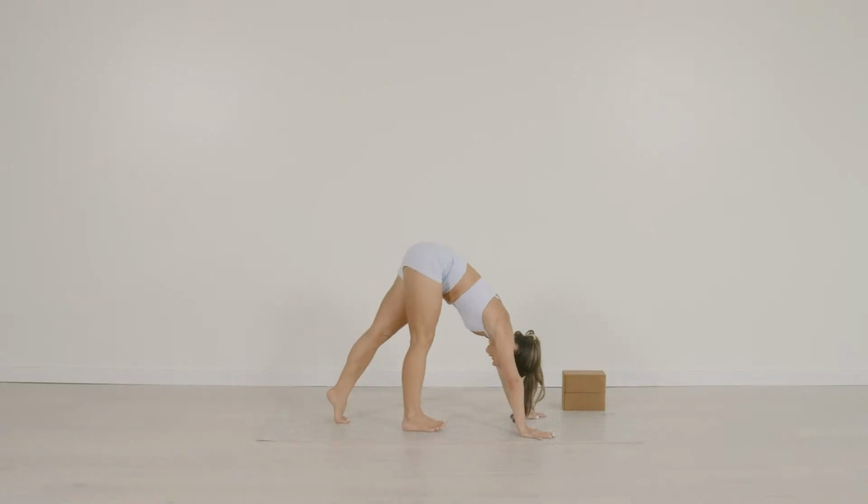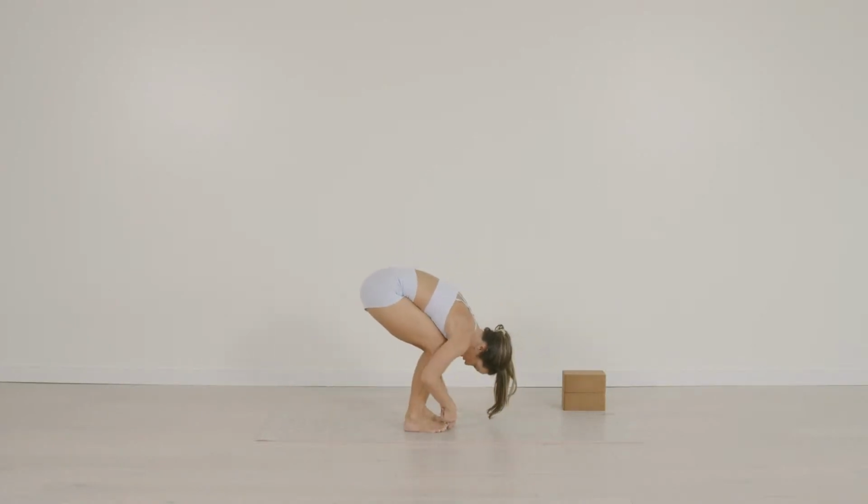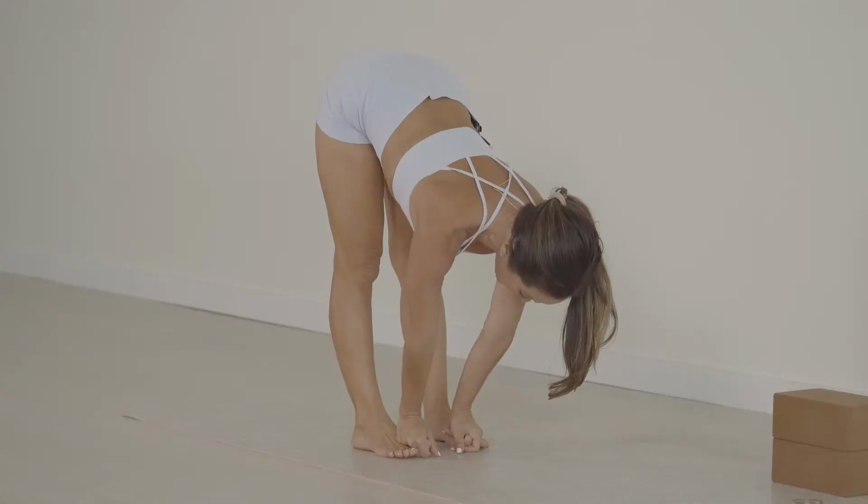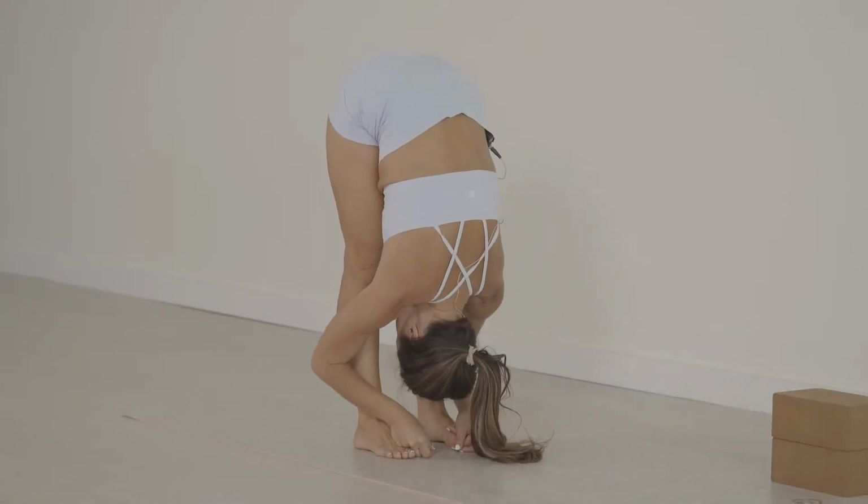Good. Walk half the distance in. Bend your knees. Hold on to your big toes. Padangusthasana. Inhale, let's straighten. Deep breath. Exhale, fold. 5 breaths for 1,